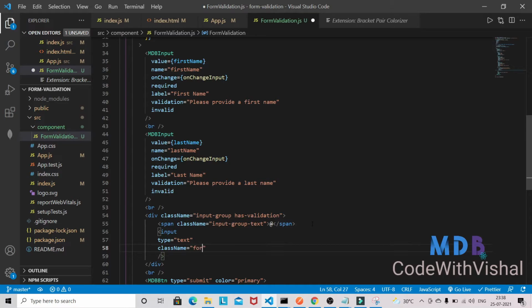So you can combine MDB input and the normal input component, because we are using this @, that's why we have to use this way. So class name I'm going to give here form control, and the placeholder will be username, and this will also be required,